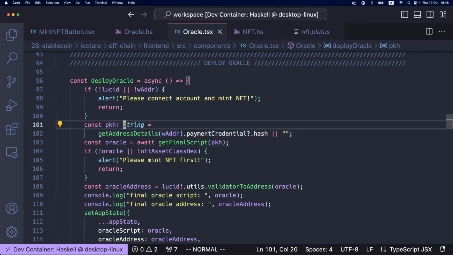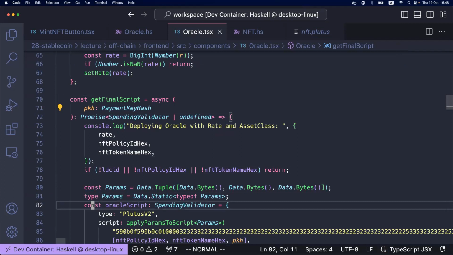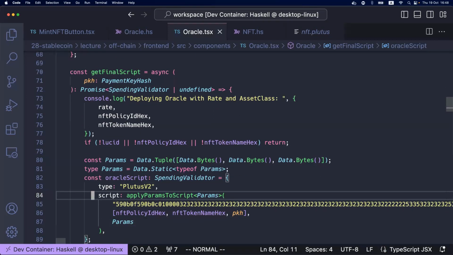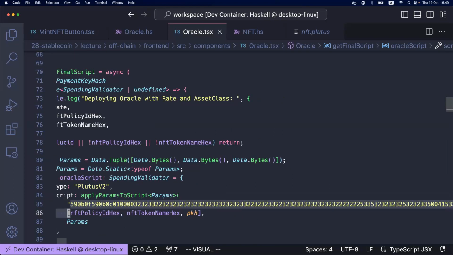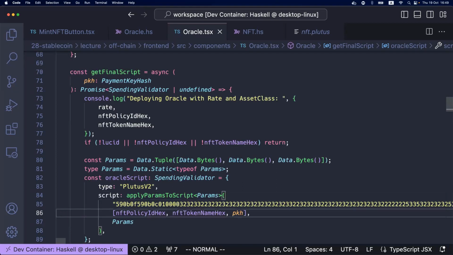Use that pubkey hash to get the final script. We do the same as before. To get the final script, we just make sure that we have all the values and then compile it, copy and paste here, and provide all the parameters that we need to provide and apply the parameters. And so once we have that final script,